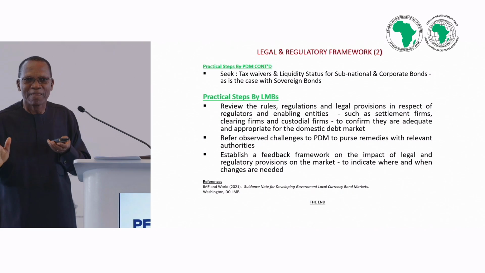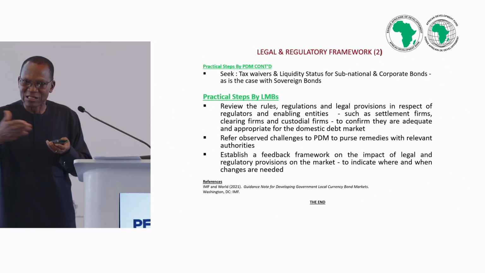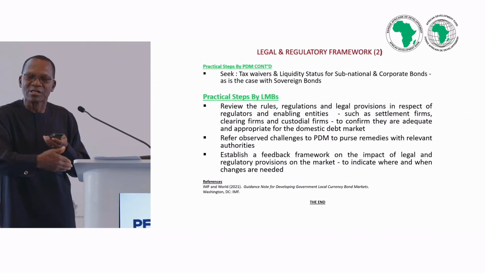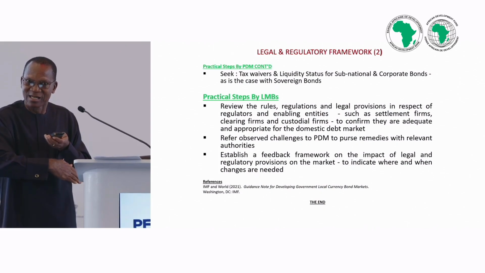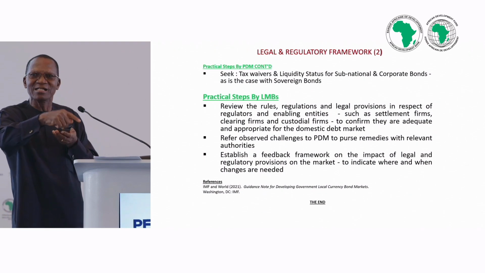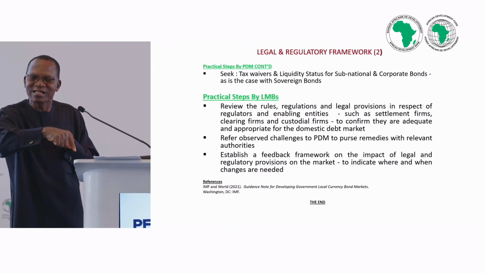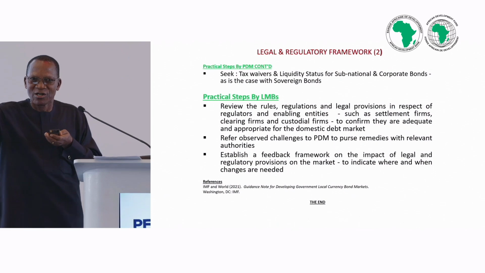So for the private sector, maybe I'll be ready to take 11% instead of 10% because the sovereign risk is supposed to be much lower, right? Okay. So by establishing a reliable domestic debt market, you have made it easy for an investor to price